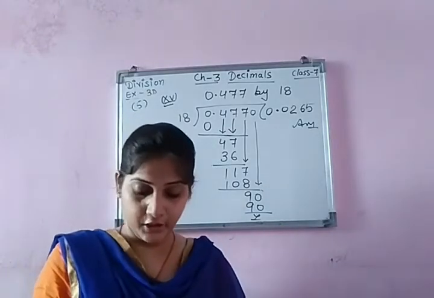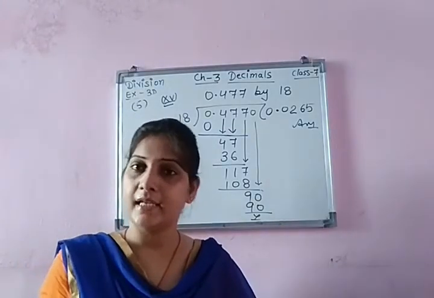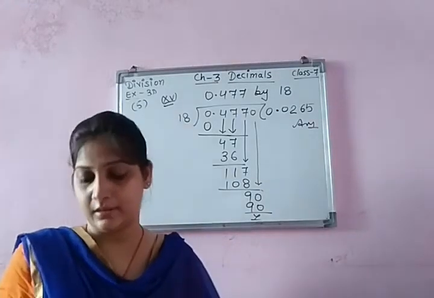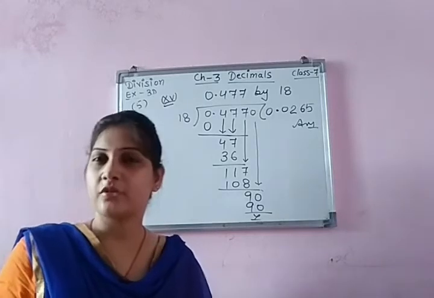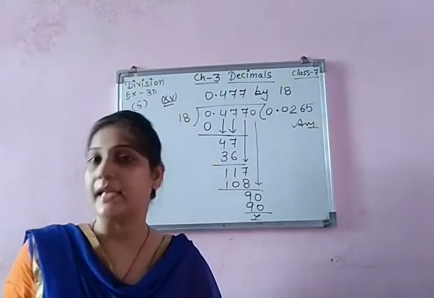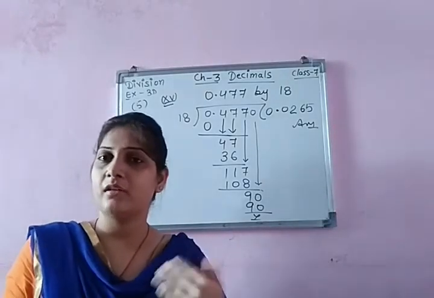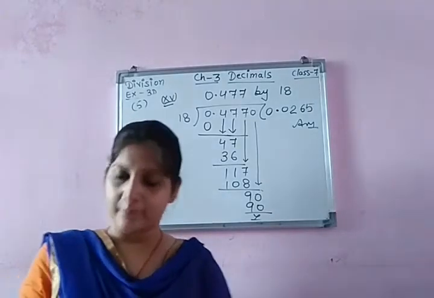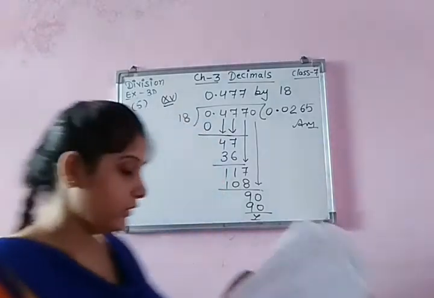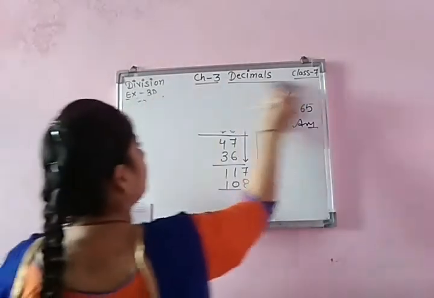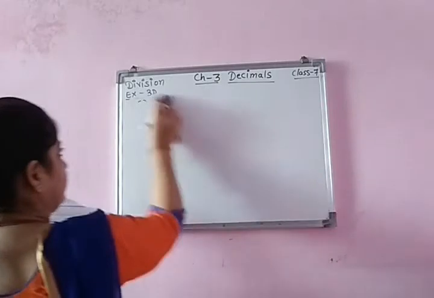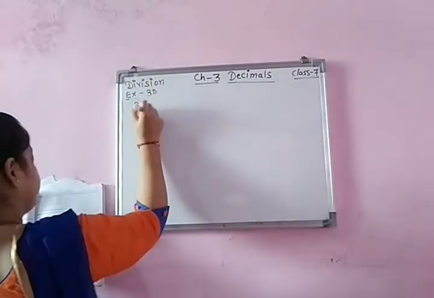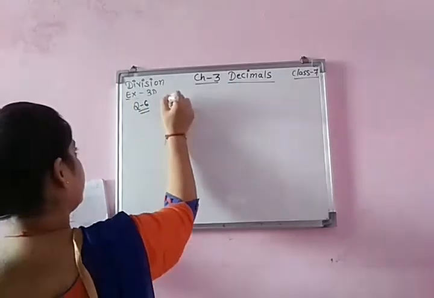Now there is question number 6. Again the same question where a decimal number is given and you need to divide it by 20, 30, a number like that. So we will not follow any other rule. You have to follow the same rule for that. So I am telling you two parts from here so that you can solve that. Okay children, so question number 6. Again divide, and I am telling you second part.